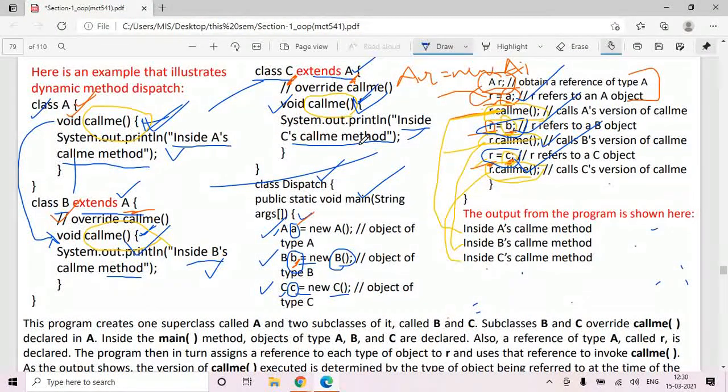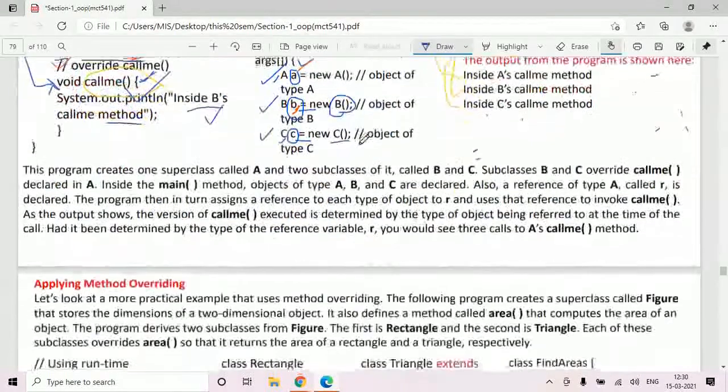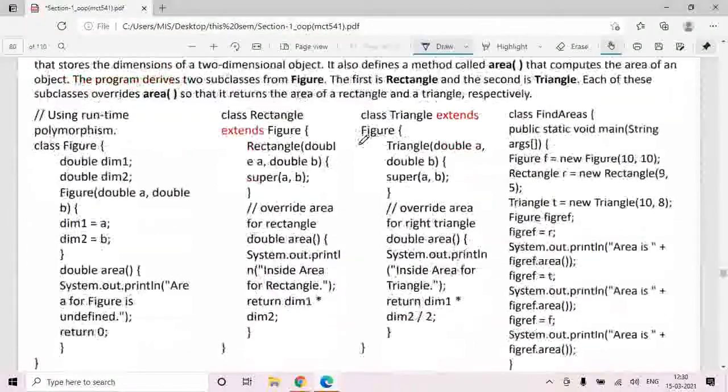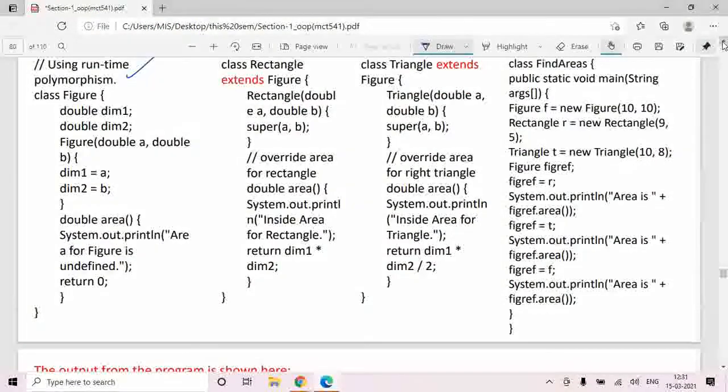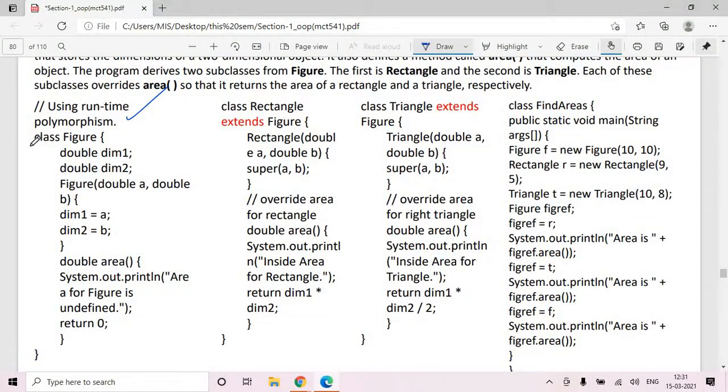Let us understand this concept with the help of one more program. Okay, the same concept but with a different program. Let's say you have a class figure. You have 2 variables, dimension 1 and dimension 2 of type double.